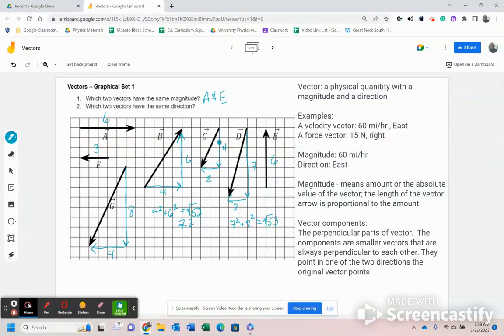They both have components that are proportional to each other. So when you look at the tangent of this angle in here, let's call it X for now, and I look at the tangent of X in here, I'm going to end up with opposite over adjacent, 4 over 8 for G, and for C, 2 over 4. So the only two with the exact same direction are C